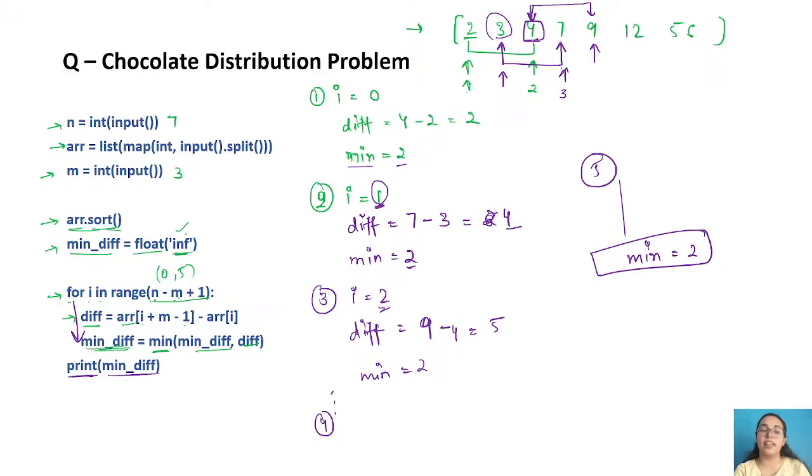For example, let's take the minimum difference as 0. Then you have already taken the best case possible. If you take negative infinity, you have already taken the best case. There will be no number that is less than negative infinity, so you'll never get your answer correctly, right? But if you put infinity, then if there is any number less than infinity, you will have that in your answer, right? So that is why we are taking infinity.